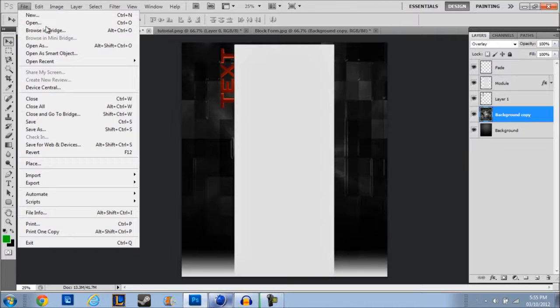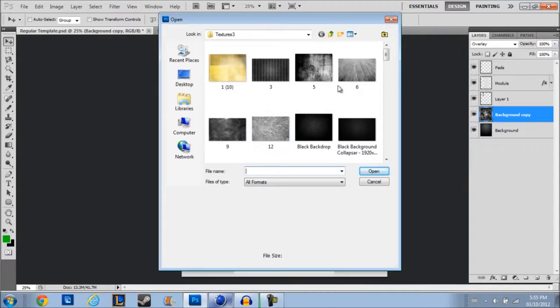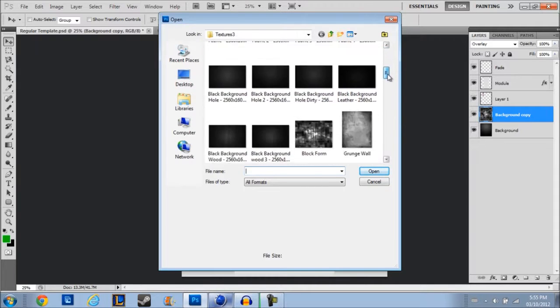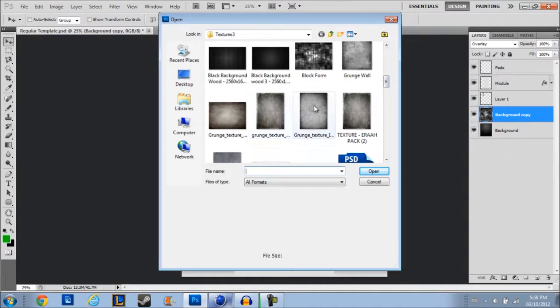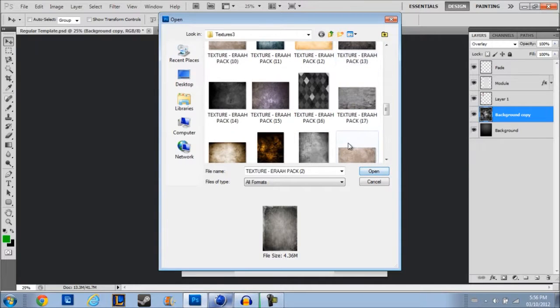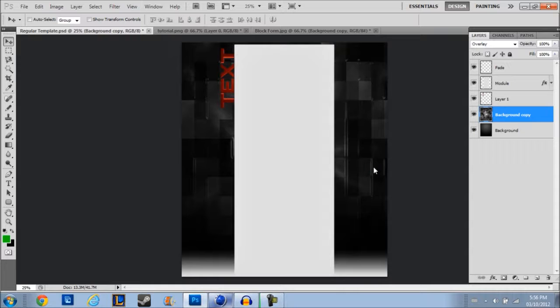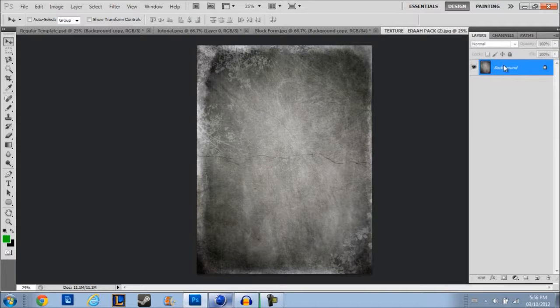Now I'm going to use, you don't have to use just one texture, you can use more than one. So I'm going to use this one right here. That one looks good. Pop that one open and wait for it to load. Duplicate it, pop it onto the template,